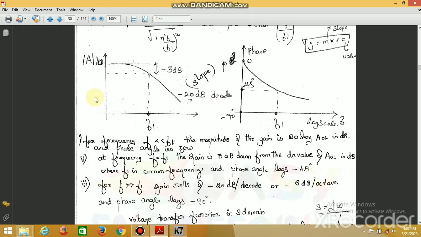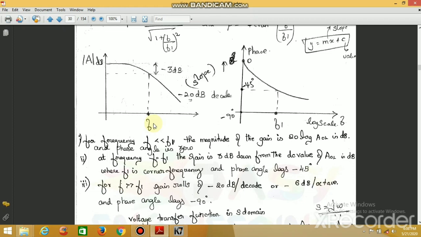And at the particular frequency f1, when f is equal to f1, there will be a slight decay of gain, and that is calculated as 3 dB. So at frequency f equal to f1, gain is 3 dB down from the normal value of the AOL, and the phase angle at this point will be 45 degrees. And for f greater than f1, the gain rolls off 20 dB per decade. That means for each 10 times frequency, the gain will be reduced by 20 dB per decade,